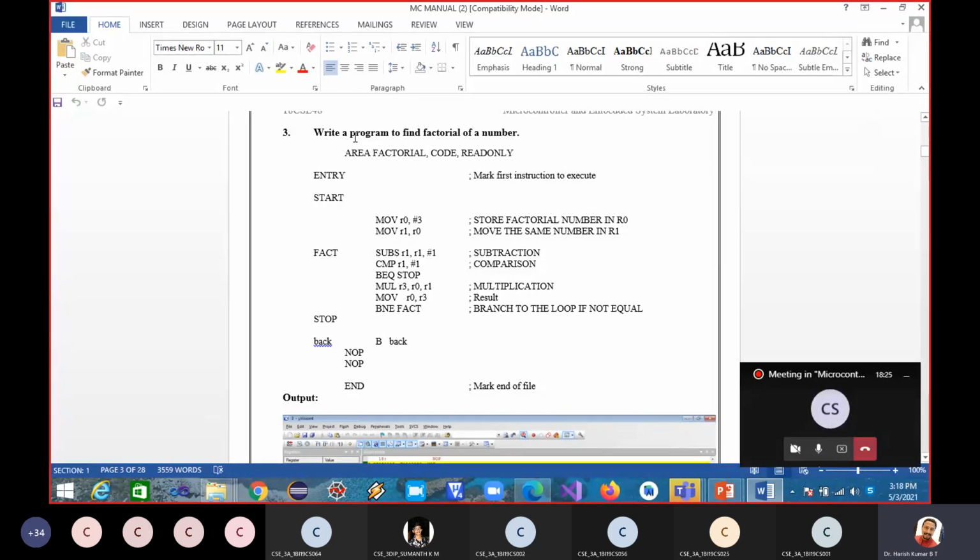So write a program to find the factorial of a number. Here we are trying to find the factorial of 3. So 3, we are moving it to the register R0, and then I'm moving the same value to R1 also. Now here what I'm doing, I keep subtracting 1 from the register, and